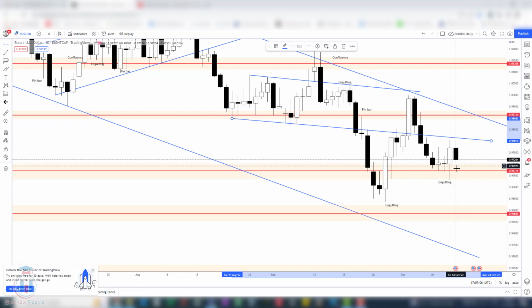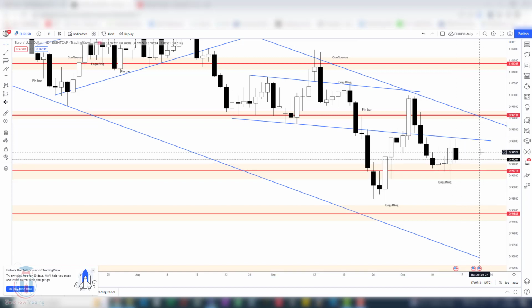If the price closes below this, it would be a signal that the price will continue to move down. For now we have the price above these indecision candles, which means that the bulls are still holding this area. This is the demand zone, so for the next week we can expect a similar scenario as this week, and that means that this area will be some kind of indecision area for the bulls and the sellers, where